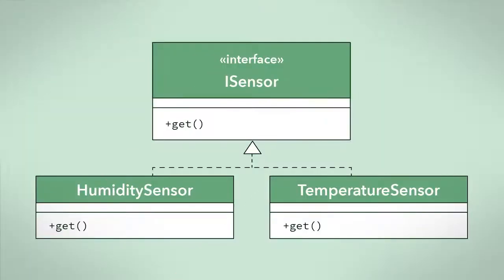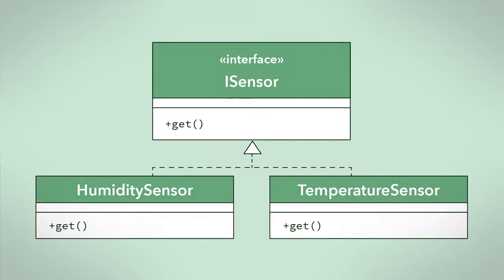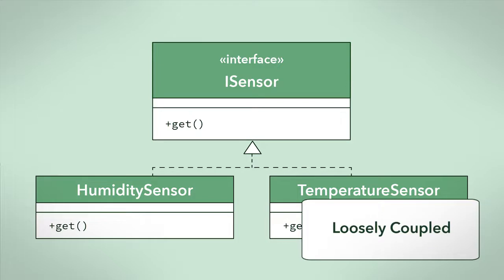Let's look at a new design of the same system. The sensor class is now replaced with a humidity sensor class and a temperature sensor class. Each of these classes has one clearly defined purpose. Since each has a clear purpose, you can say that these classes are highly cohesive. The get method is now not hiding any information like before. We don't have to break encapsulation to look inside the method. You could reasonably assume that humidity sensor's get method returns humidity, and temperature sensor's get method returns temperature. This makes another module that uses either be loosely coupled.